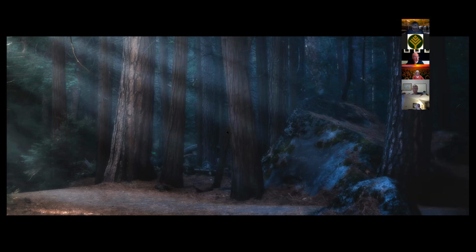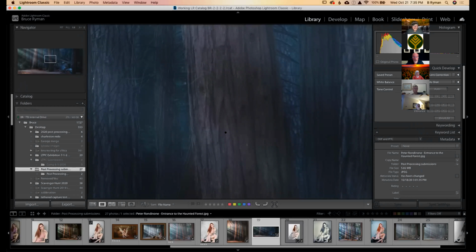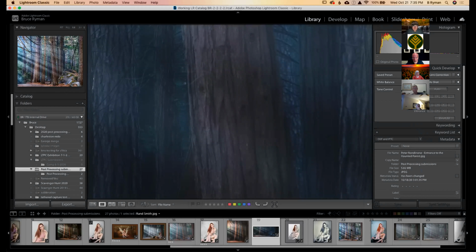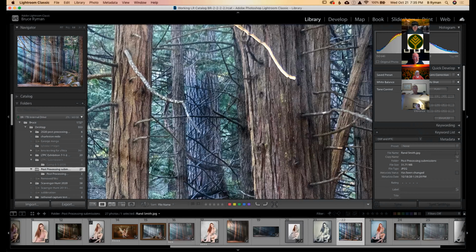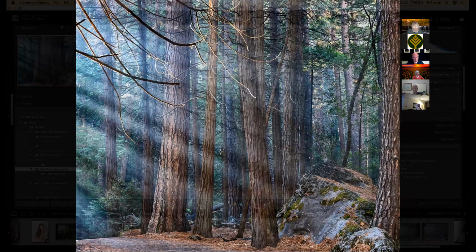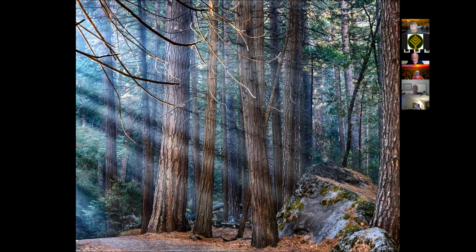Let's go to the next one. Art. This is Rand. Zoom it up. I probably overdid this one a little bit. When I first took this photo, I processed it a bunch of different ways, but for this, I reprocessed it all over again.